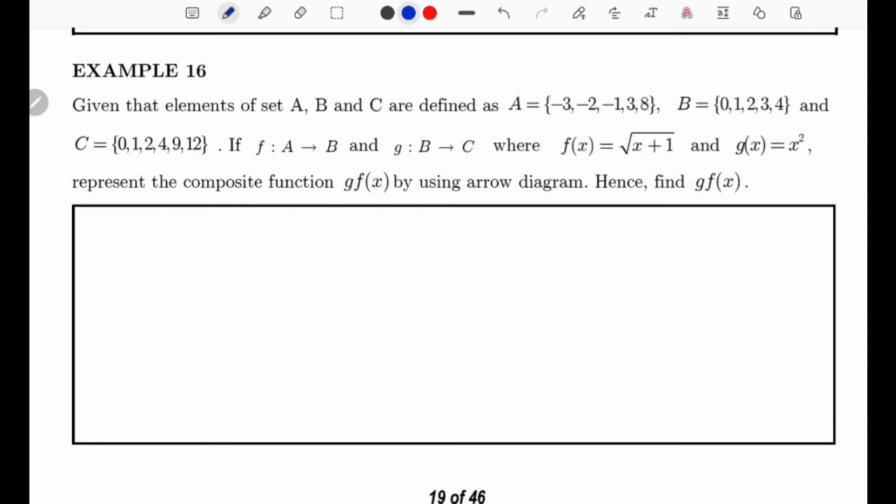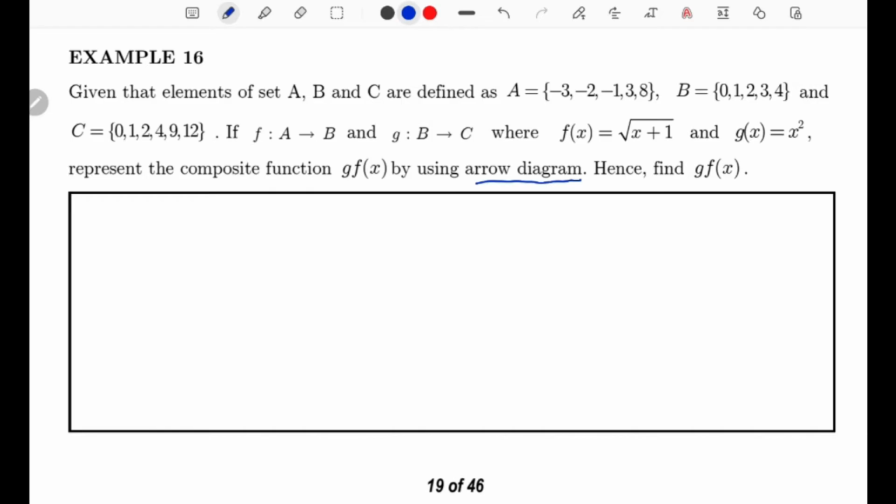Example 16. Given that elements of sets A, B, and C are defined as shown, if f is A to B and g is B to C, where f(x) = √(x + 1) and g(x) = x², represent the composite function gf(x) by using an arrow diagram. Hence, find gf(x). So I'm going to draw an arrow diagram since we have three different elements A,